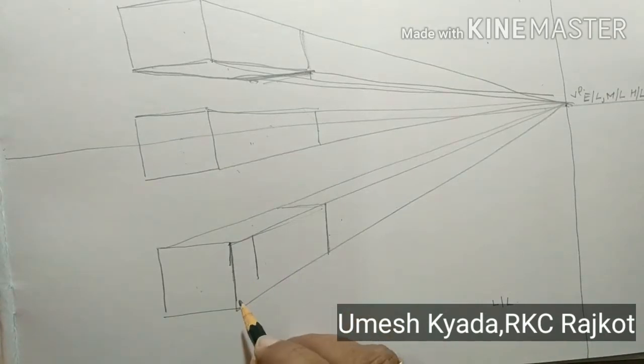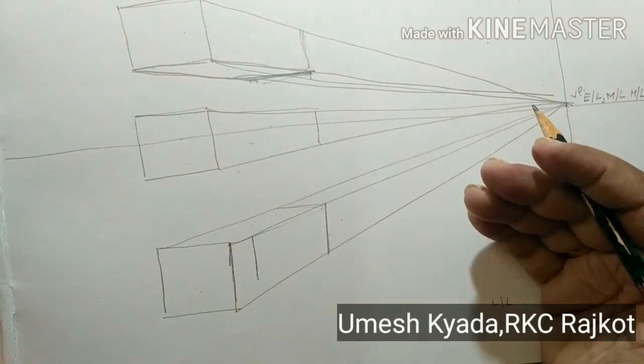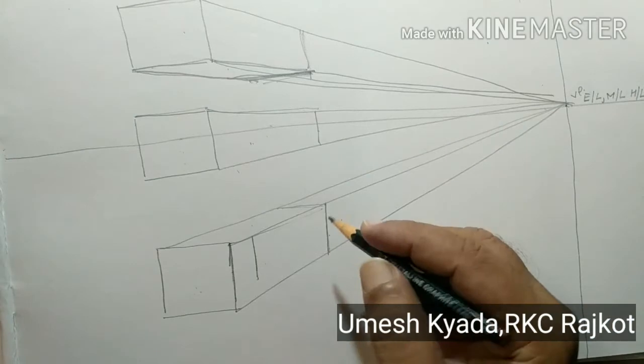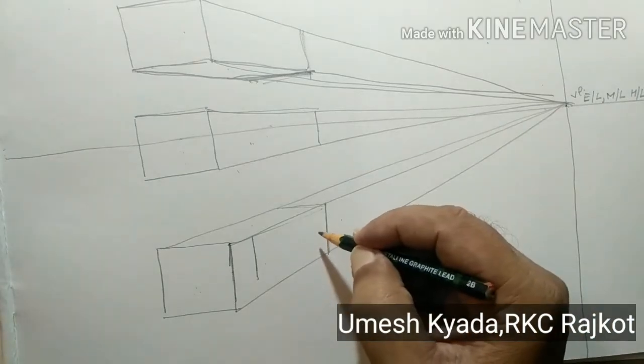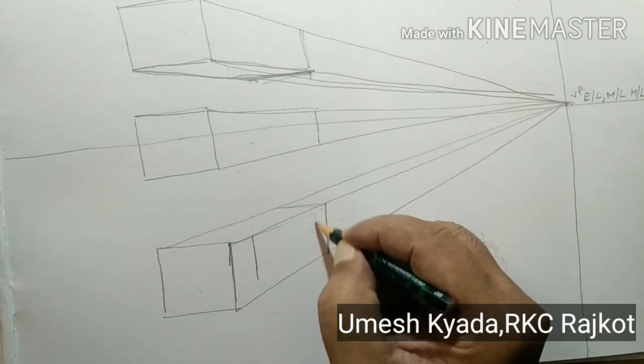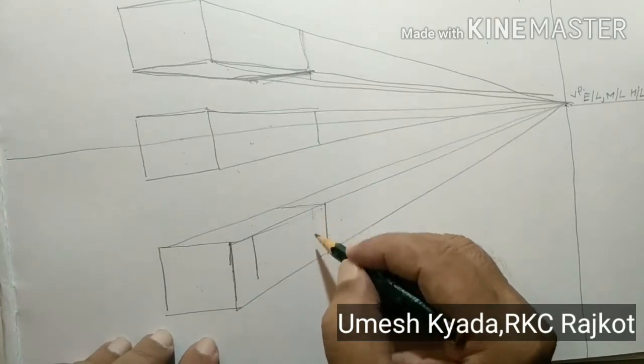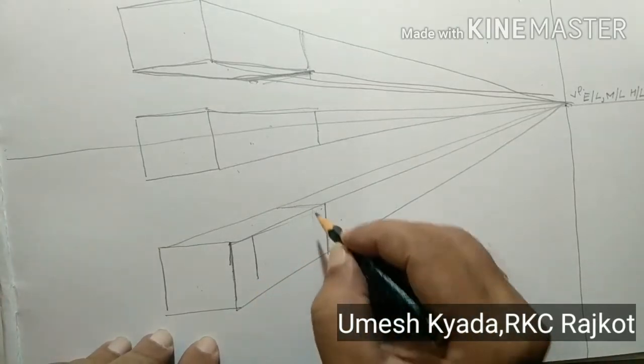Whichever is close to you, it looks broad and big, and whichever is far from your eyes, it looks narrow and small. So this line here will become narrow, but how much narrow, we can't judge, or we cannot keep